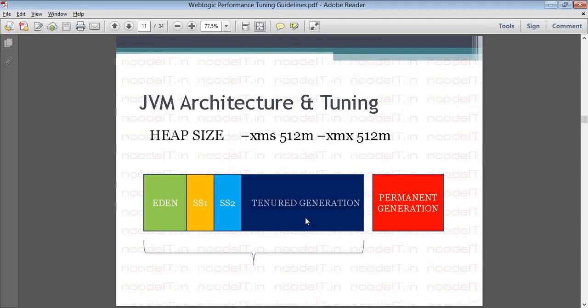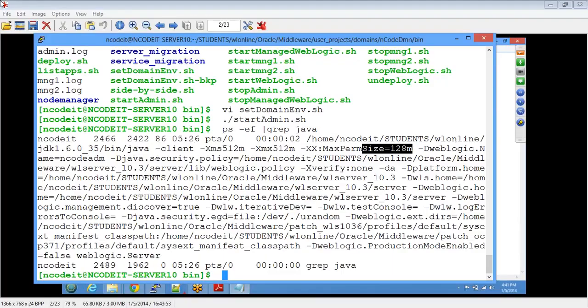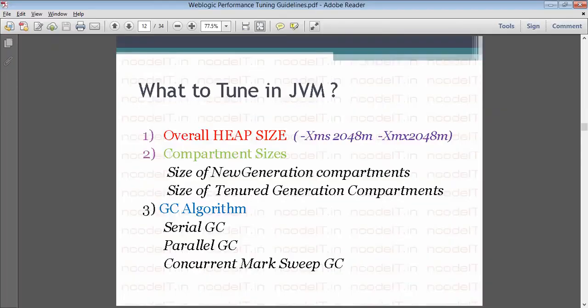By doing it in short pauses, you are allowing the application to run for a short time, then you go back and stop it to do garbage collection. Again, allow it for a short time, stop it. Like that, the real-time response is achieved, and at the same time you are doing garbage collection also. For that reason, it's called concurrent mark sweep. Concurrently, marking and sweeping happens. The marking happens along with the application itself. So concurrent mark sweep is a parallel GC, but this is usually used for applications that require real-time response, like